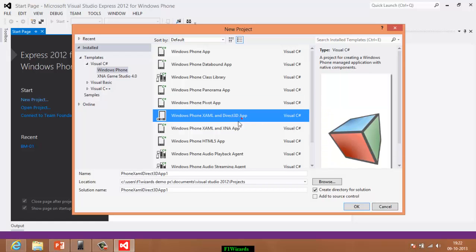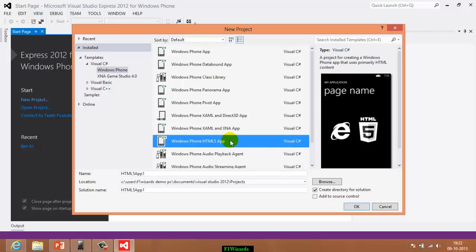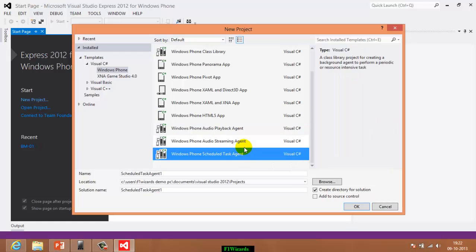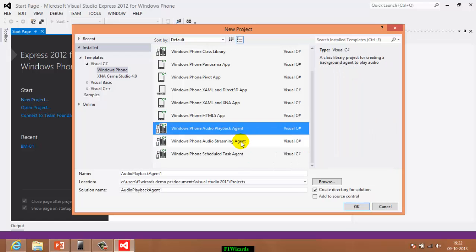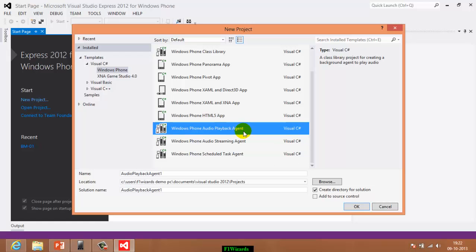The next two modules, XAML 3D and XAML XNA, are the project templates which are used to create games for Windows Phone. HTML5 app. This is an app which basically uses the HTML5 content as the basic controls for the applications. And the rest three project templates are the templates which are used for creating the background agent, scheduled tasks, streaming audio and all. Background agent and scheduled tasks we will discuss in the later modules, so I'm just leaving